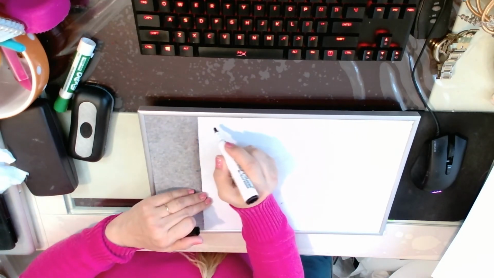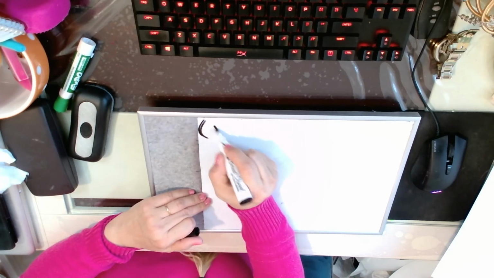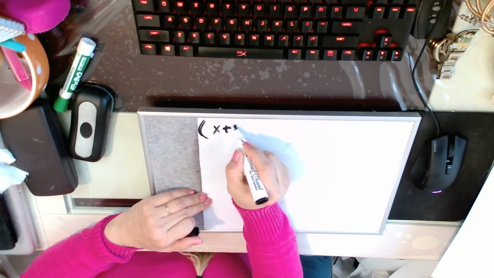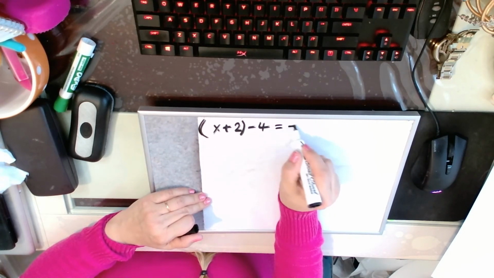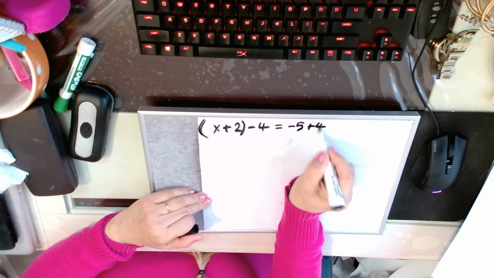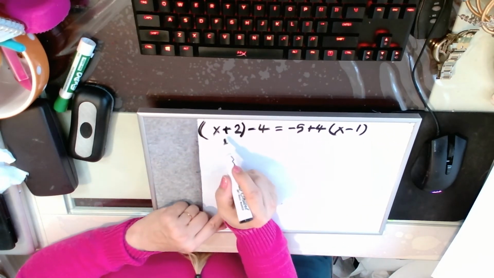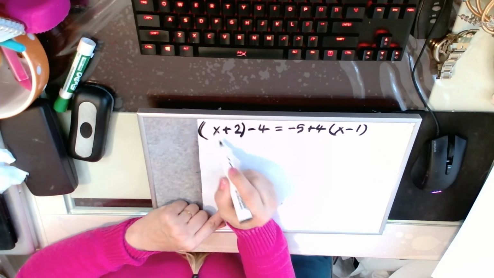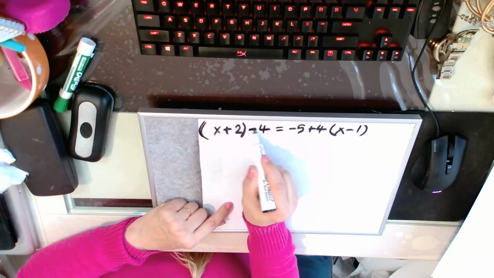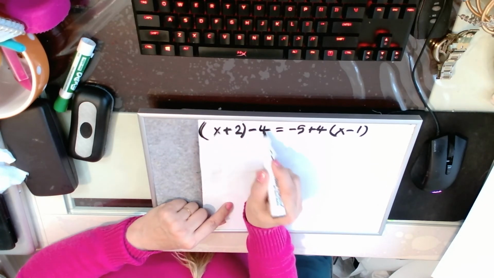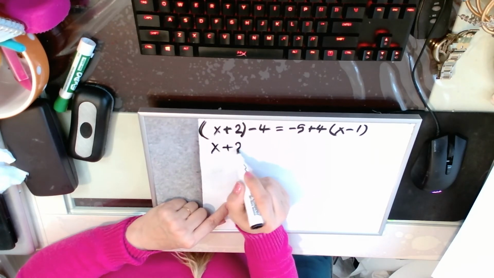Solve for x. So if we take x plus 2 minus 4 equals minus 5 plus 4 x minus 1. Every time you see the parentheses you have to work on it. Here you're just going to open, because there's a minus here, not a multiplication, so you cannot distribute for both sides. Just open the parentheses, minus 4